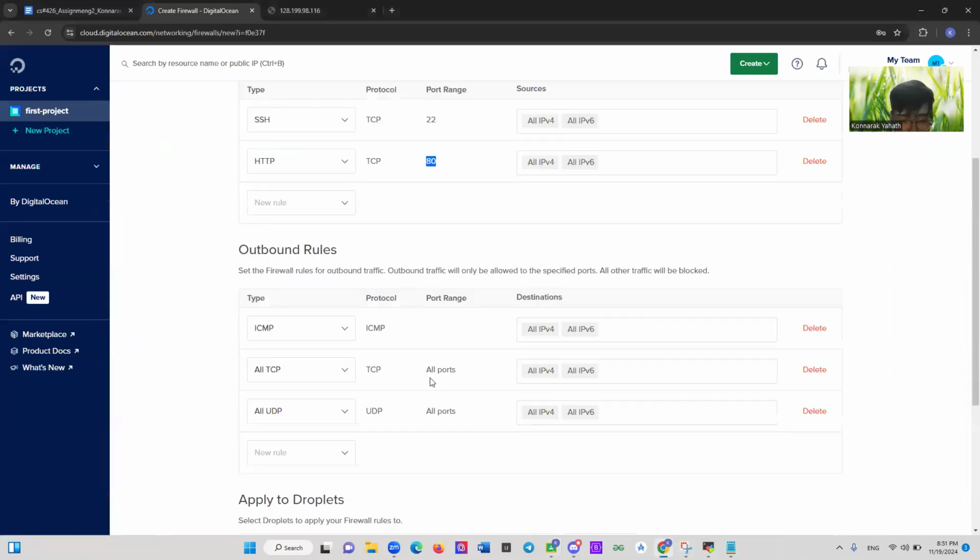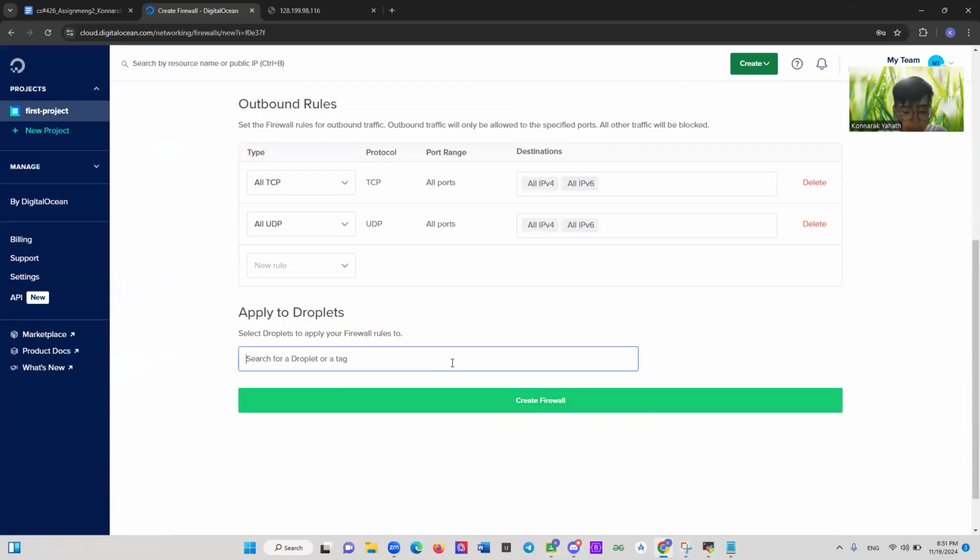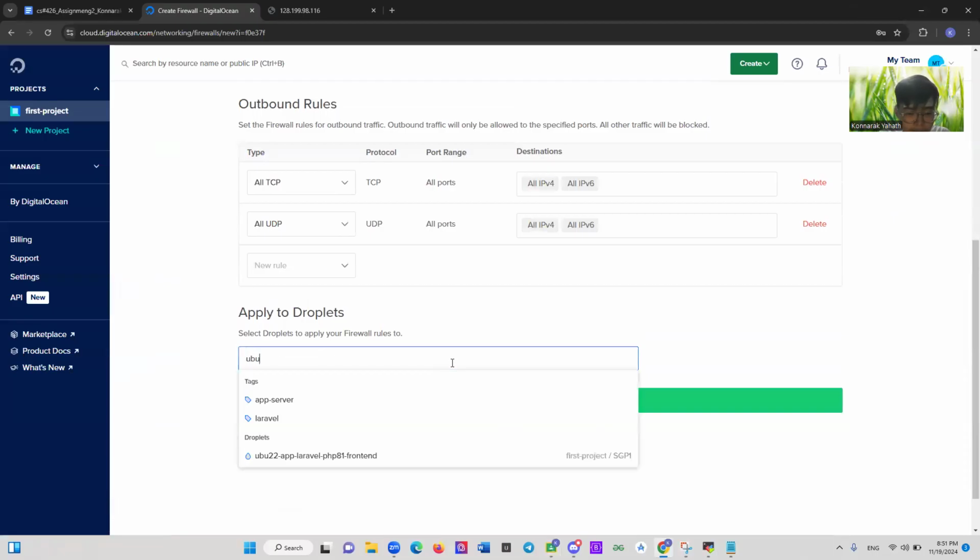Okay, so TCP we allow and all UDP we allow, and ICMP is not allowed. So we don't want our server to get out through the port. So I have to delete it and then search for